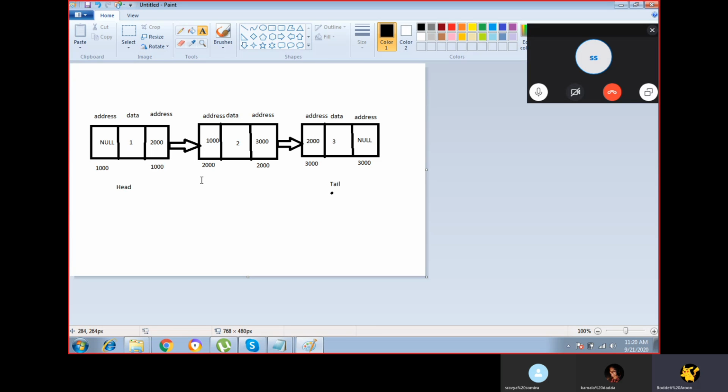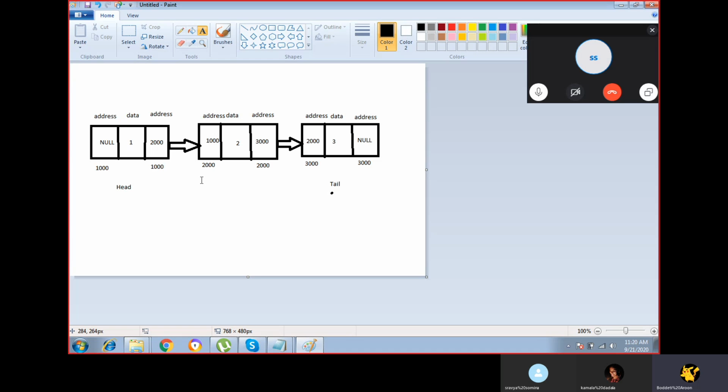In the second node there are also two addresses. One is for storing the address of the first node, that is 1000, and the second is for storing the address of the third node, so 3000 I'm storing.